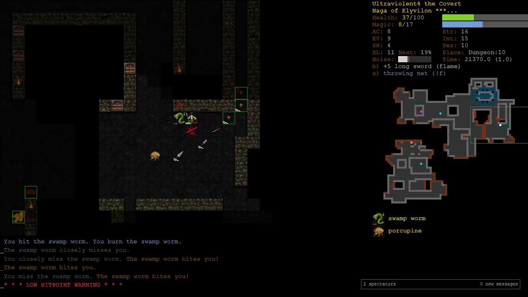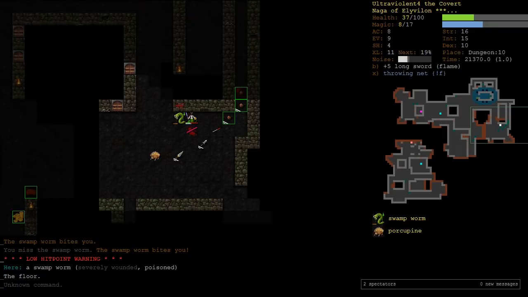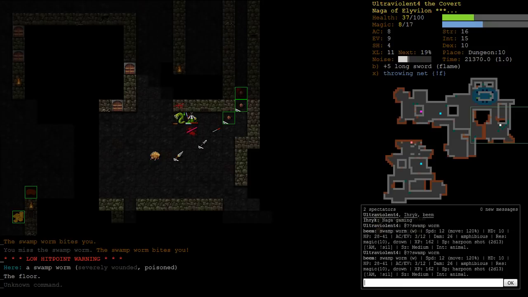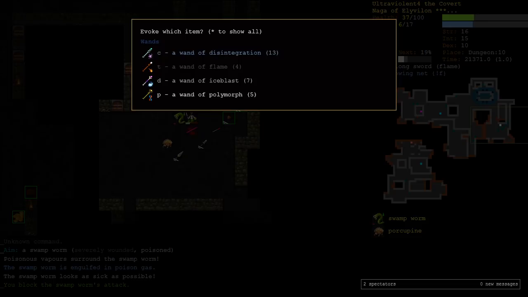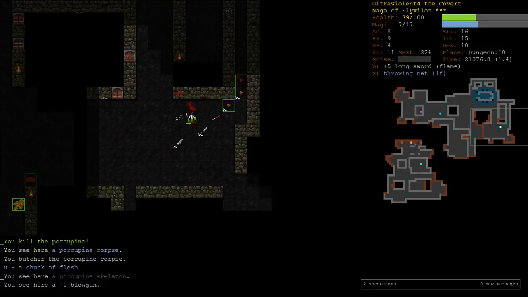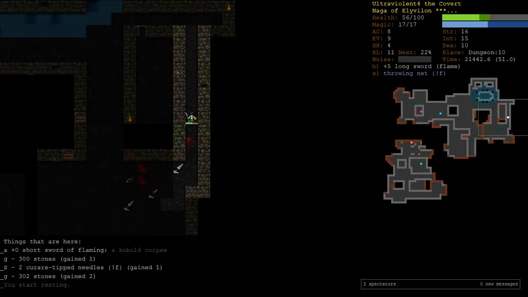I feel like we're about to die. He can bite for 26. How much damage does Harpoon Shot do? It does more damage if you hit things. Can do 2d13, so 26. We're okay. I'm gonna do an Ice Blast here, just to finish it off, and then also kill the porcupine. We killed the porcupine with a riposte. Okay, never mind. I'm gonna pick up the blowgun because there's a curare, and I know if I don't, Svankinson